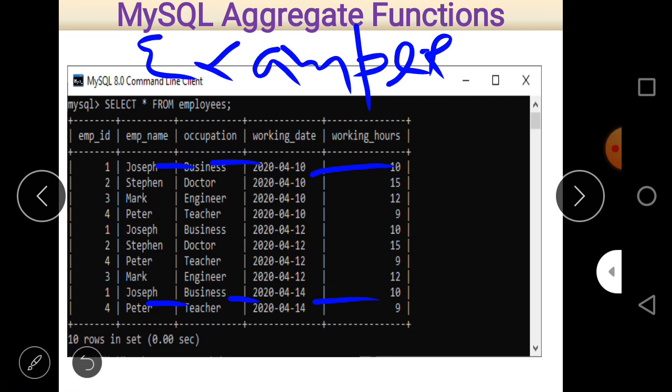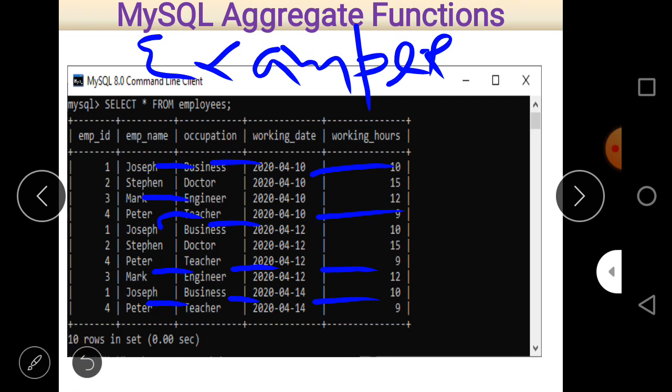In the case of Peter it is also the same. Peter is a teacher, and there is a repetition of data again, but the only difference is in terms of working date. So working date is different; name of the employee, occupation and working hours are the same. You can easily see that here, and this is the same for other data also.